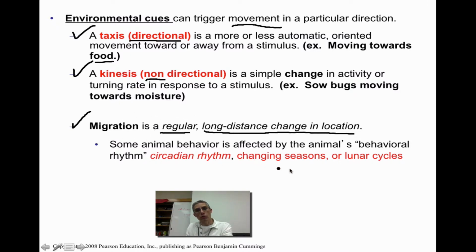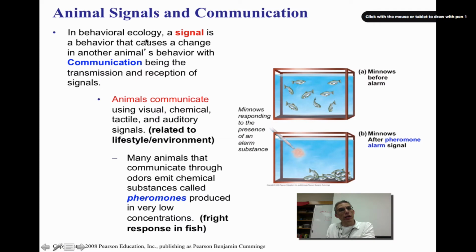Now, as we had said, it's going to be based on the behavioral rhythm of that animal. It might be based on their circadian rhythm, which is going to be basically the amount of activity and rest that you would find within that animal. It could be stimulated by a change in seasons, or it could even be stimulated by various lunar cycles in the environment. Now, in behavioral ecology, a signal is going to be a behavior that actually causes a change in